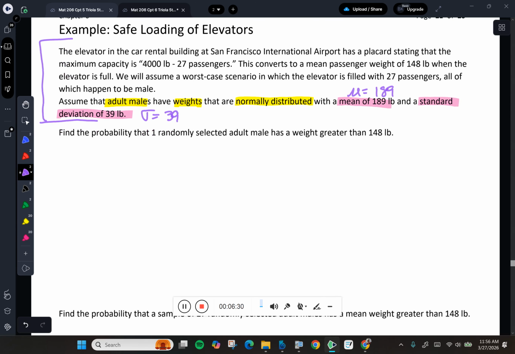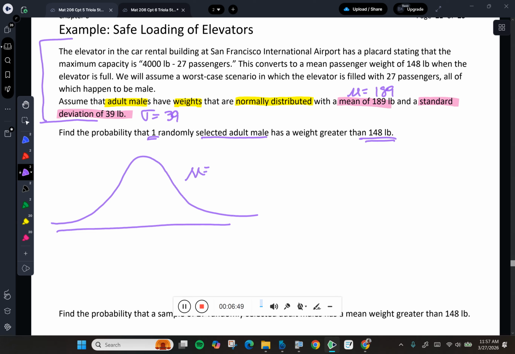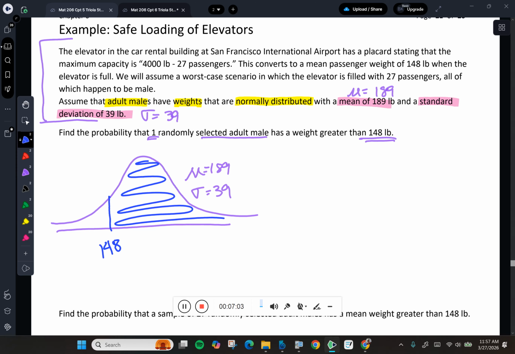And the first thing that they're asked to do here, the first calculation we're asked to make, is to find the probability that one randomly selected adult male has a weight greater than 148 pounds. Okay, well, let's see. I'm told that men are normally distributed with a mean of 189, a standard deviation of 39, and we want to find the probability that they weigh more than 148. So we want this right tail. So we're finding the probability that X is greater than